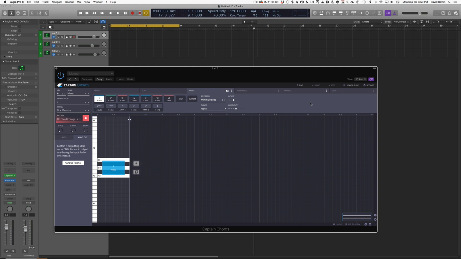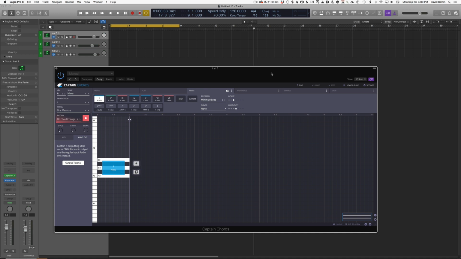I just picked up Captain Chords this weekend after long hesitation, but seeing all the endless ads for version 3 and the money-back guarantee, I thought it was definitely worth checking out. And I'm happy to say I've discovered some interesting features to it that I haven't seen demonstrated in any other